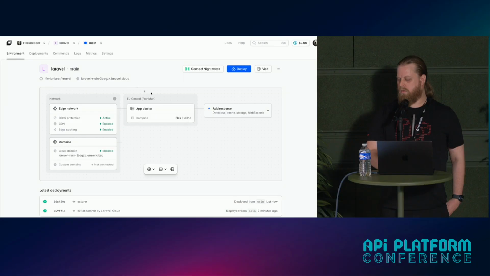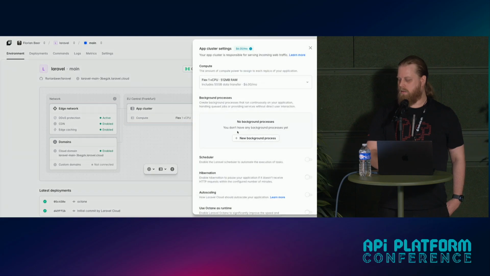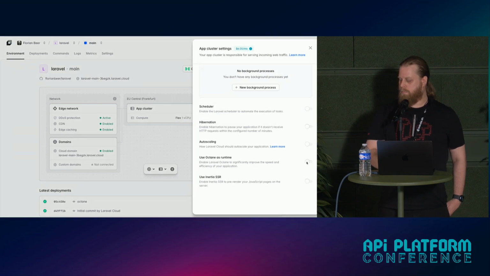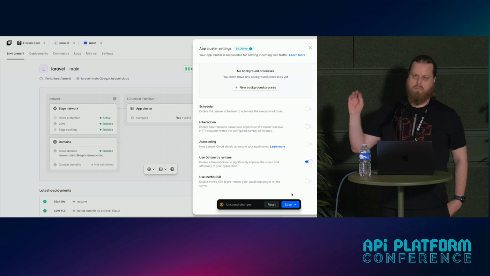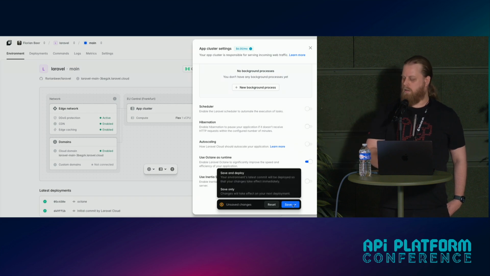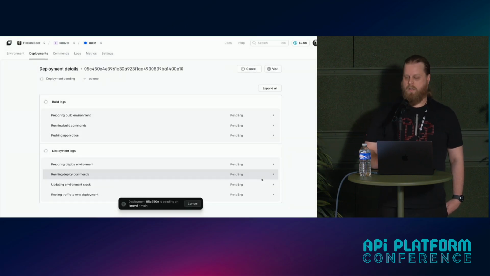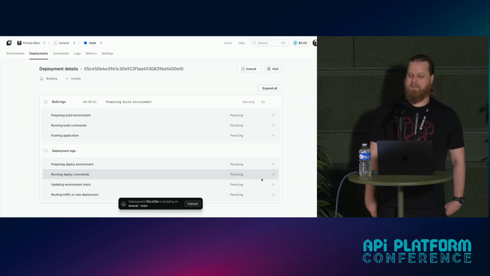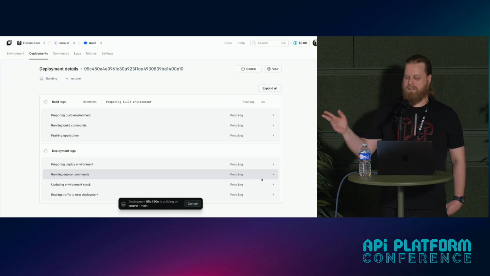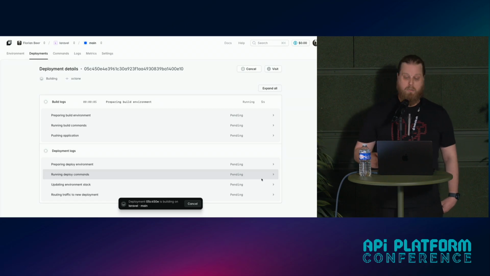And if we go to our worker compute instance here, this is basically all we have to do: switch on Octane, and now we will run on FrankenPHP, and it's very easy to just convert your app. Of course, you've got to take care that there are no memory leaks in your code, but that's our customers' problem, so to say. We as a platform offer you a very easy way to just flip a switch and you'll be up and running.